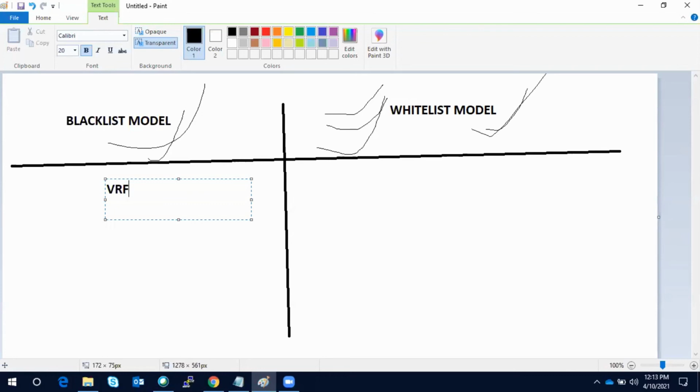But in ACI, VRF is there, but you can also create a tenant. A tenant is a logical container where you can put all your networking components inside that container.